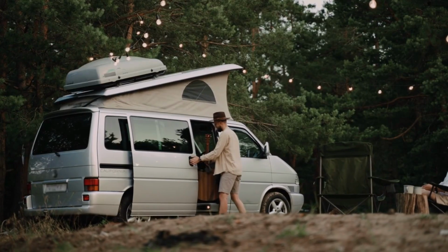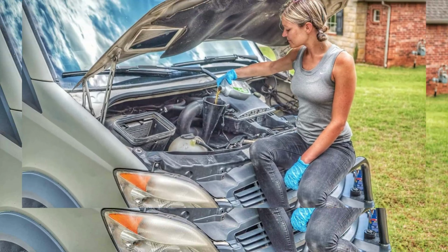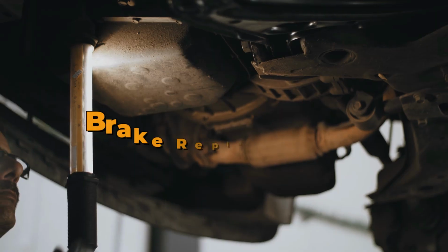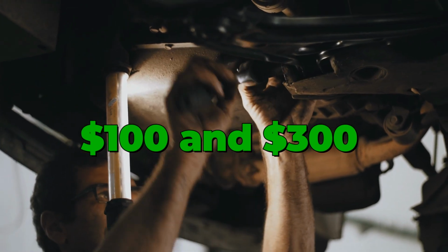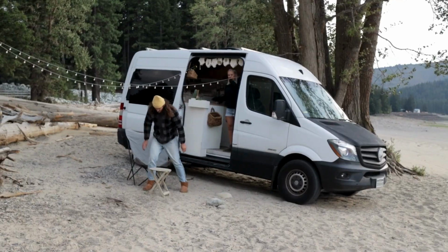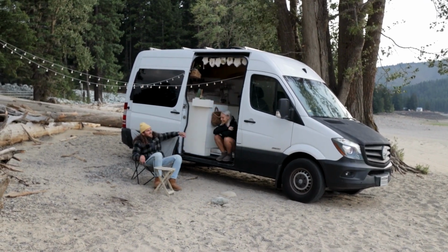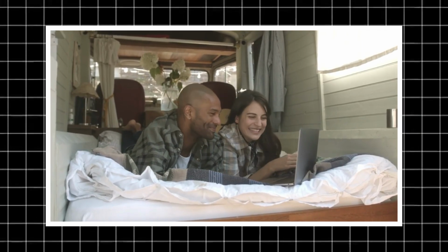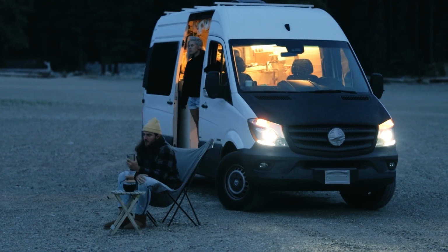Even routine maintenance requirements present consistent financial obligations. Regular services, including oil changes, tire rotations, and brake replacements, typically cost between $100 and $300 plus every few months, creating an ongoing expense category that must be factored into long-term planning. The remote locations often favored by van dwellers frequently compound these costs, as mechanical assistance in isolated areas commands premium